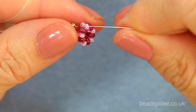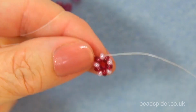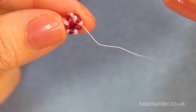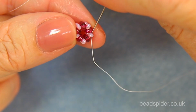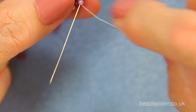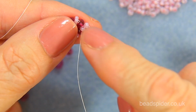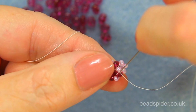Okay, there we go. So now I'm coming out of one of these seed beads in my circle, and I'm going to pick up 3 more seed beads, and I'm going to make like a little right angle weave by going back, coming out of this side of the seed bead, and going back around through the opposite side. You can see that now these 3 beads form a little square shape, and you can just pop them in place. Then I'll go on through to the next one,